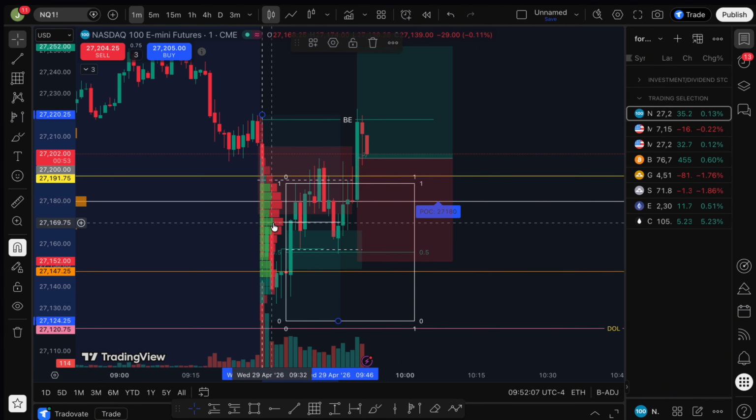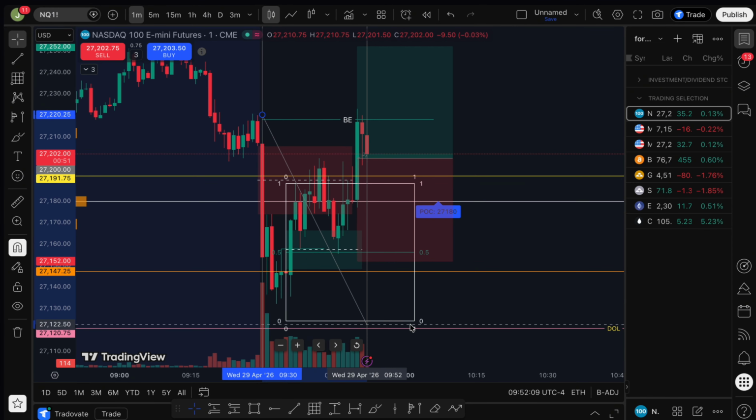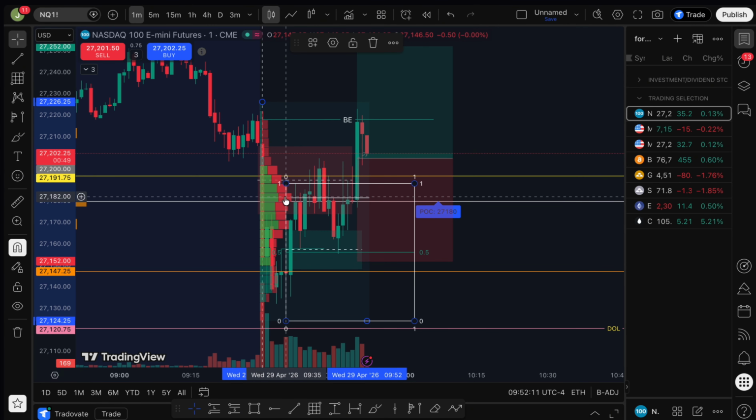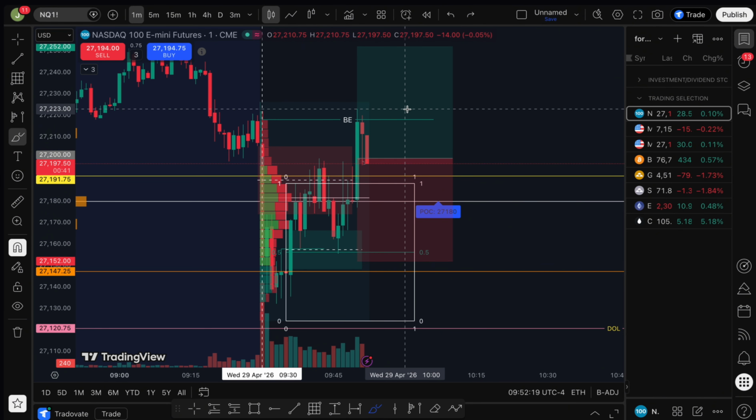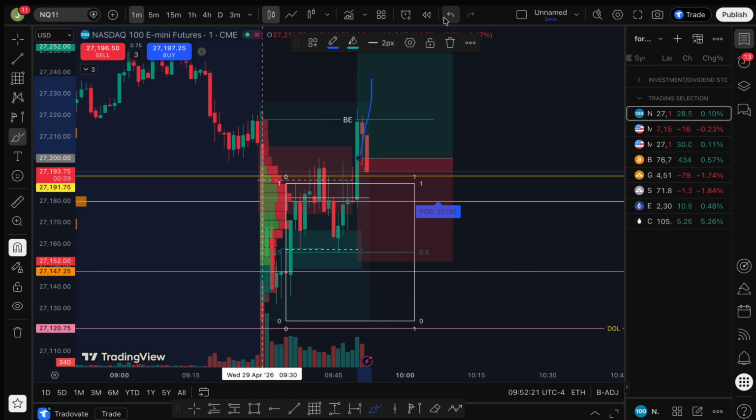That's it for today. I saw that it was respecting point of control going to our side. You can see it was over here, and then it bounced right back up, and I like that. And if it had continued to go up, that would have been so ideal. That would have been so good.